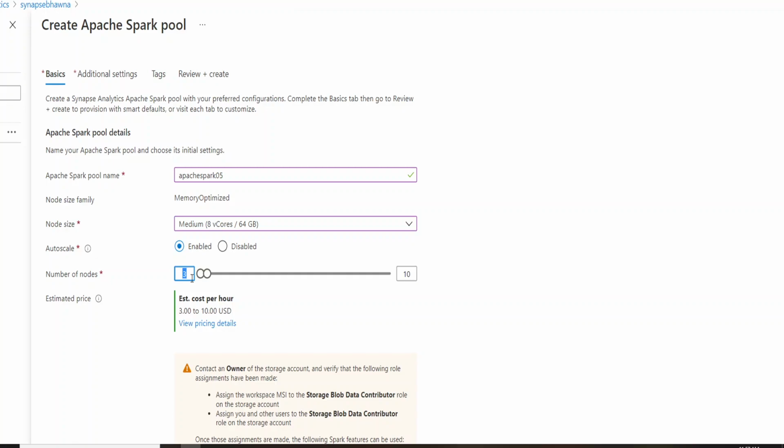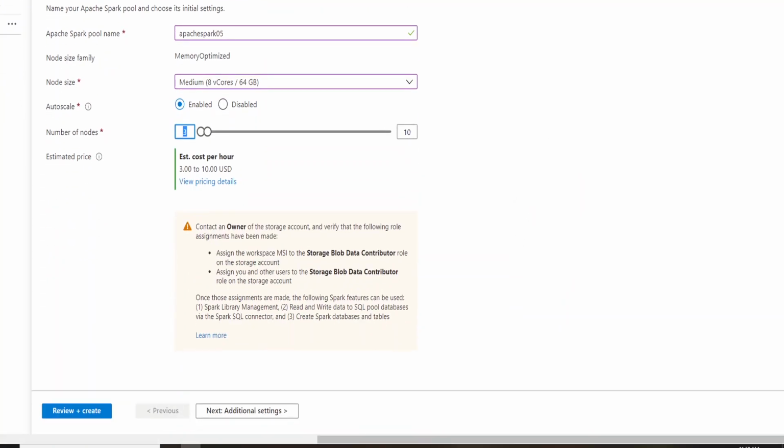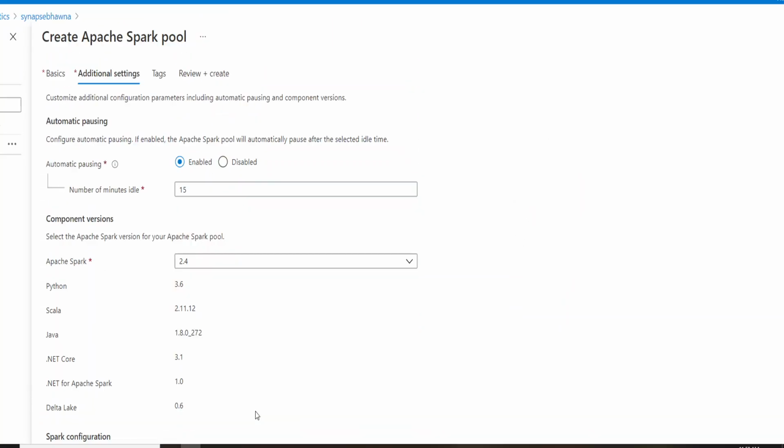If you are okay with that, that's not a great time difference, then you can enable this option. Otherwise, if you are very keen on minimum time for your data processing, you can disable this option as well. So let's go ahead and move to the next settings.